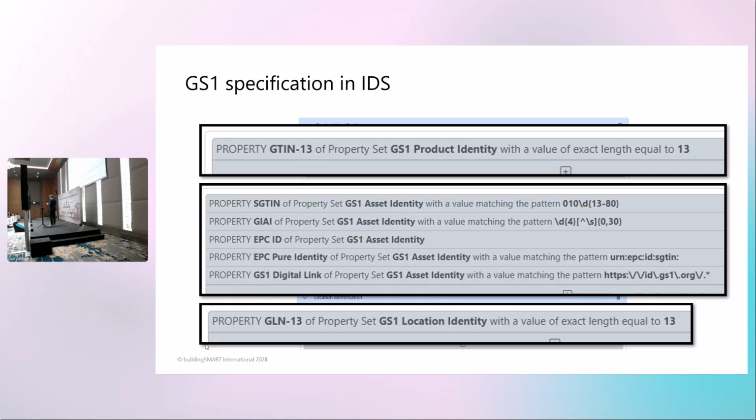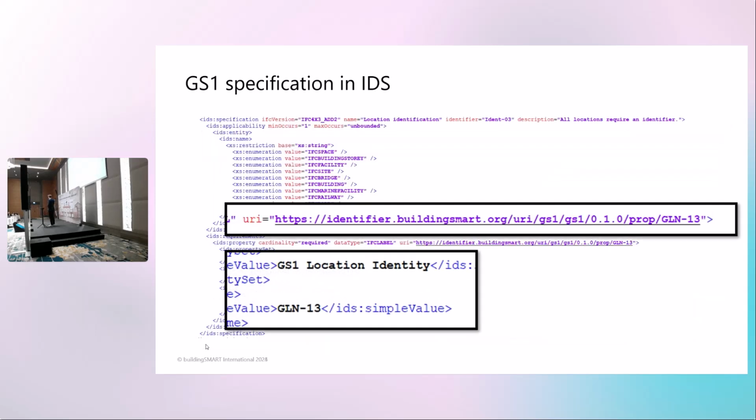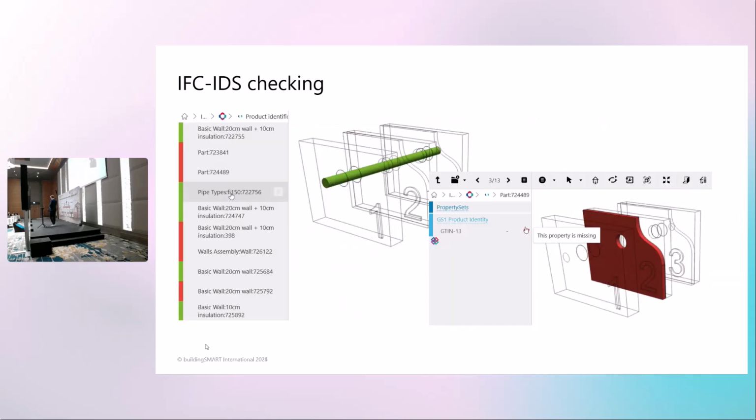This is more or less human readable, but the IDS is actually stored in this version, which can also be read by a human, but it's not so user-friendly. But all the data is captured there. I think it's quite intuitive. All of the same codes and identifiers all have a place in the IDS structure. Okay, but this is scary. This is what users actually see. They don't have to look at the code.